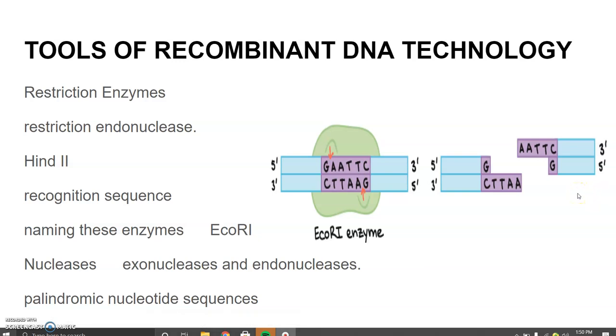Good morning. Let's continue with the chapter Principles of Biotechnology. Now, in continuation with that, today we are starting with the topic Tools of Recombinant DNA Technology. We know that genetic engineering or recombinant DNA technology is accomplished only if we have key tools. Now, these tools are restriction enzymes, polymerase enzymes, ligases, vectors, and the host organism. Let us try to understand the whole process.